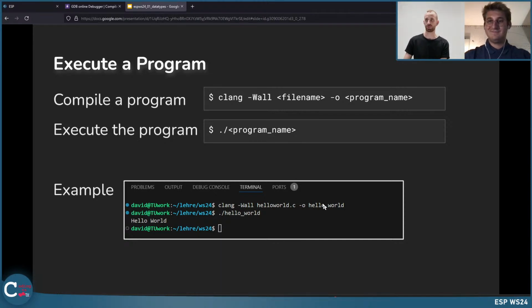So this is basically the file which is then machine readable, and with ./helloworld, we can then execute it. And as you can see, when we execute it, it's basically what we have seen before. It's in this case just Hello World. We will talk about the compiler in a few lectures in more detail, but from now on, this is what you need to know. So we need to compile and we need to execute a program, then we see the output.